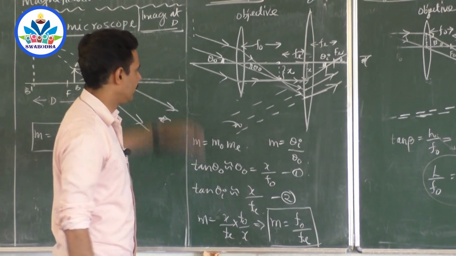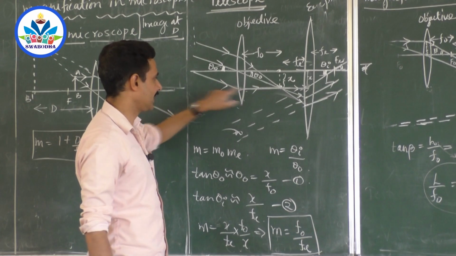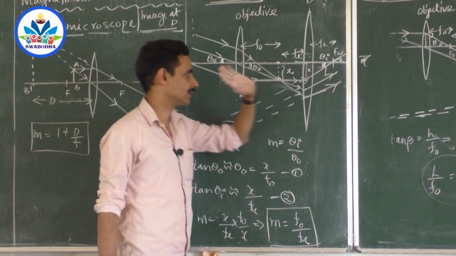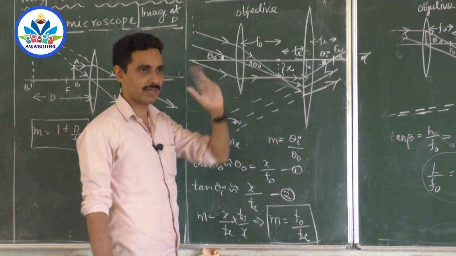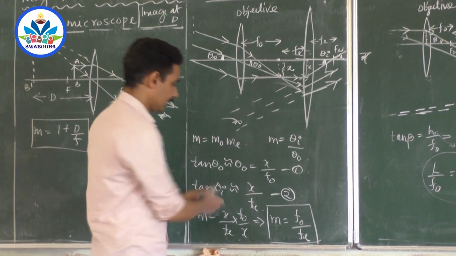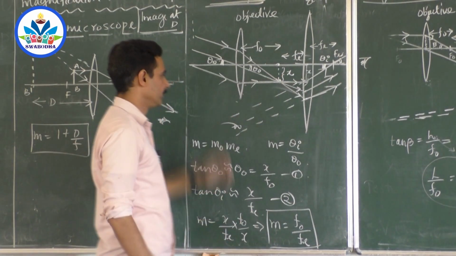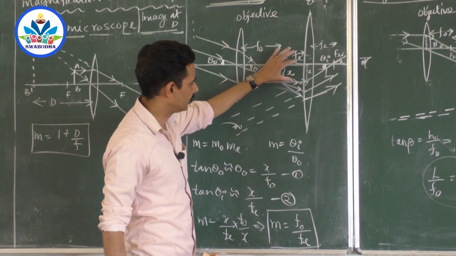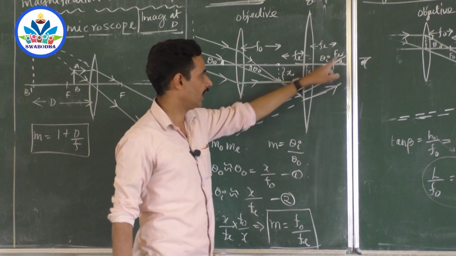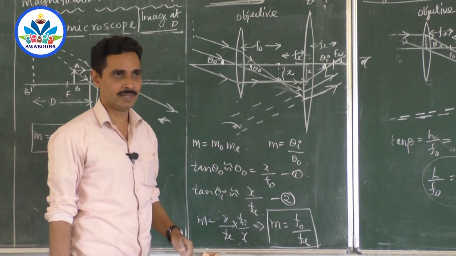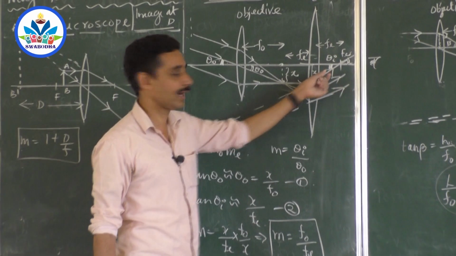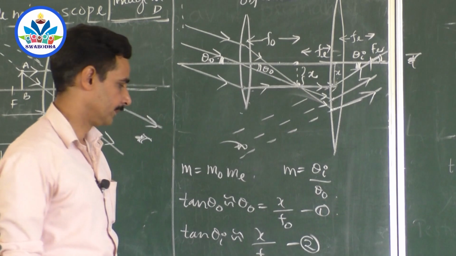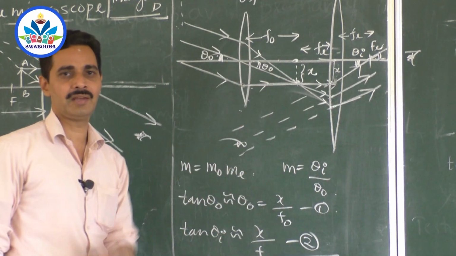Very simple one, but you have to consider one ray if you want to understand it. This ray is missing in your textbook and they have not mentioned it. They have given it only within these rays. But if you draw this ray, you will try to understand mathematically the equations written and you will have a link with the diagram. That's why I have taken this extra ray which is almost parallel to the principal axis, again passing through the focus. Now you can see how much angle they create. The angle created by the image-forming ray and the object ray: this is theta naught, this is theta I. So you can get it. Again, the final formula and diagram are very, very important.